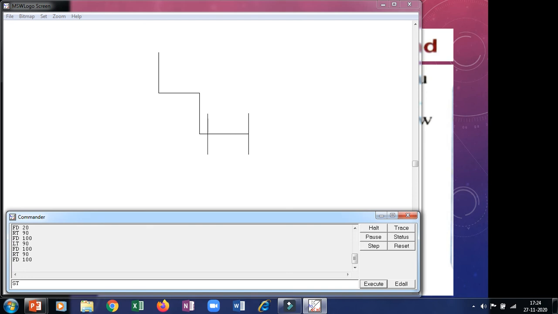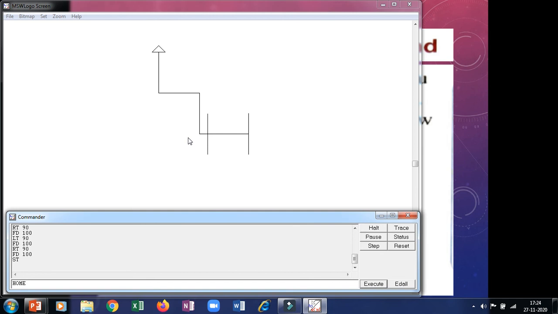Show turtle, ST. Now I told you about one command, the home command. The turtle's home is over here in the center. We want to bring the turtle to the center of the screen, so we have to write the home command. When you use the home command, the turtle has the pen down, so wherever it goes it will leave a line, even when it reaches home.